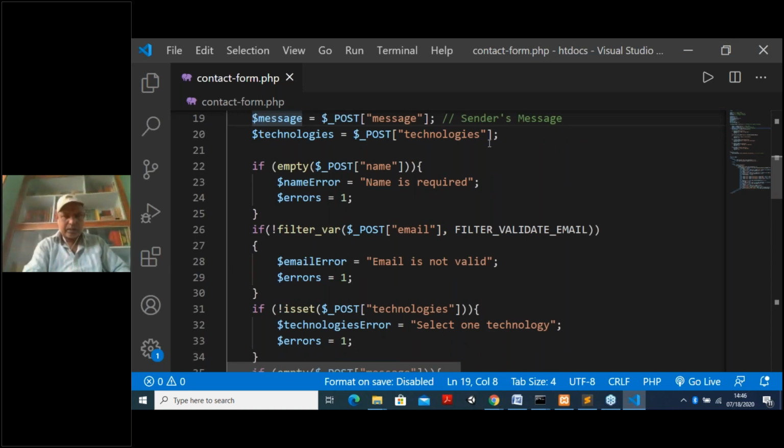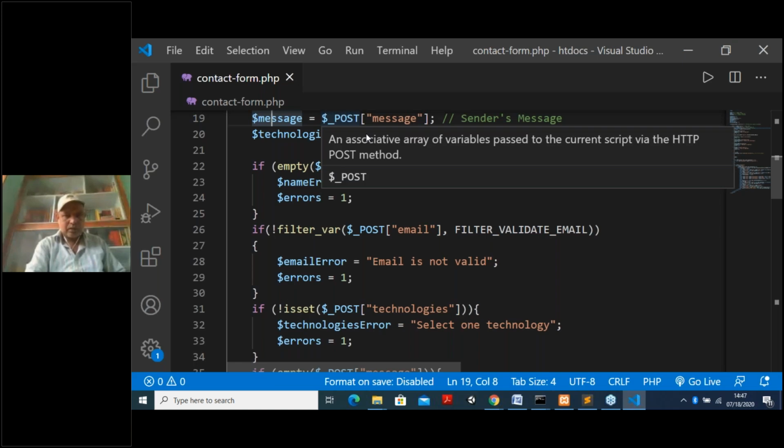I don't think there is an error there, but still it is showing something. The syntax is correct. There is no error here.